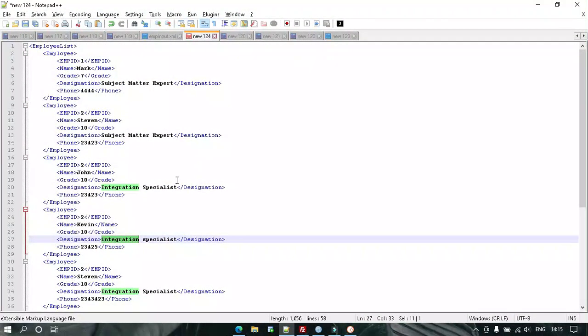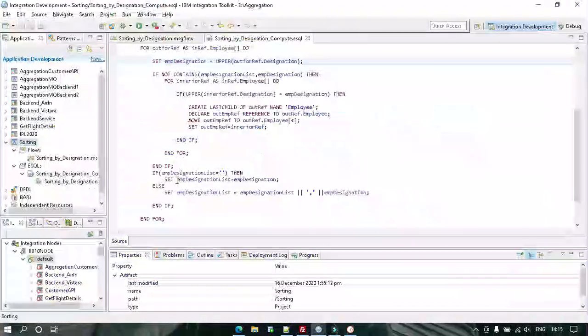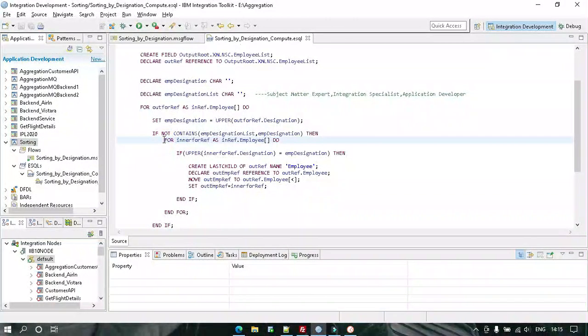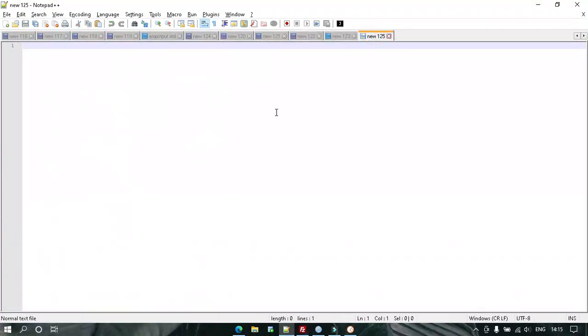Now there is one small improvement we can make, because sometimes we can face some problems with the contains function. The contains function does not provide an exact match.